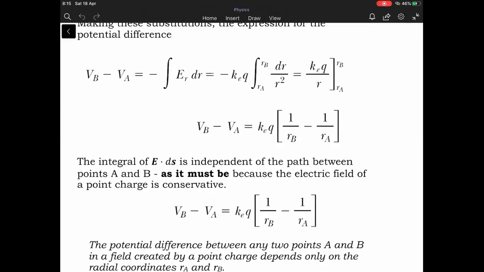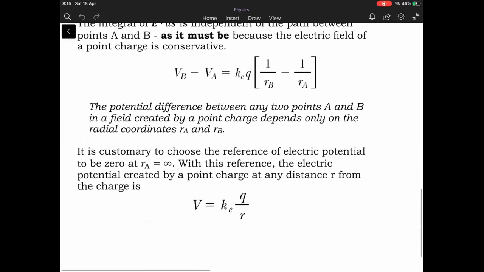However, if you have a negative charge as your source charge, then this expression of potential will become negative. This is the expression for potential, V equal to kq by R. Now if your q is negative, then potential is negative. And if you place any positive charge in its vicinity, it will experience an attractive force. So if it is attracted and if it is free to move, it will definitely try to come as close as possible to the source charge, which is negative. Thereby it will always try to reduce its potential energy.